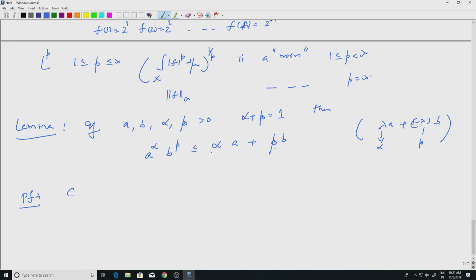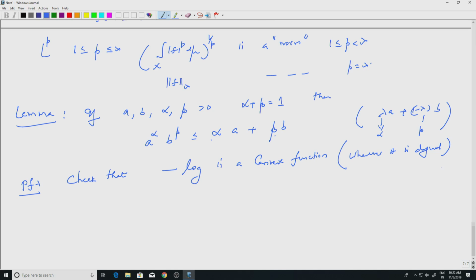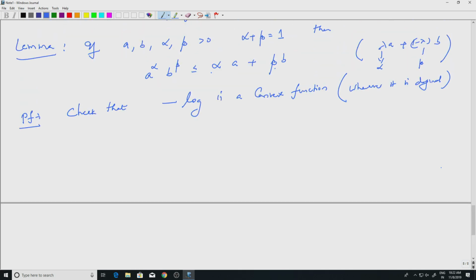Proof. Well, check that minus log is a convex function. So, you can differentiate wherever it is defined. So, it is a convex function wherever it is well defined. You can check the second derivative and see that, right, the first derivative is minus 1 by x, the second derivative is 1 by x square, which is positive. So that is enough. Because it is convex, we get an inequality. What is the inequality? Minus log